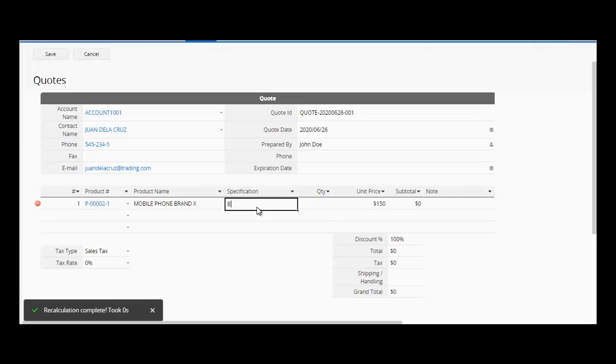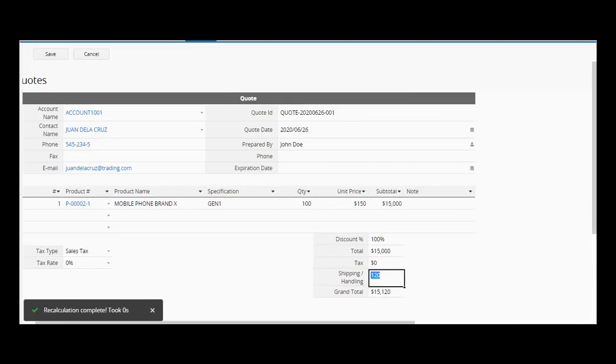Specification is Gen 1, quantity say for 100. Okay, so we have already our computation for that, handling fee for 120. Okay,